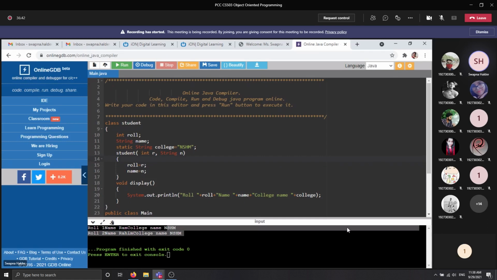Any doubts from this point? No, no. Anyone? Okay, fine. This is the first use of the static keyword. The next one is already known to you, that is the static method, although there are also other parts that I just discussed with you. Let me share the